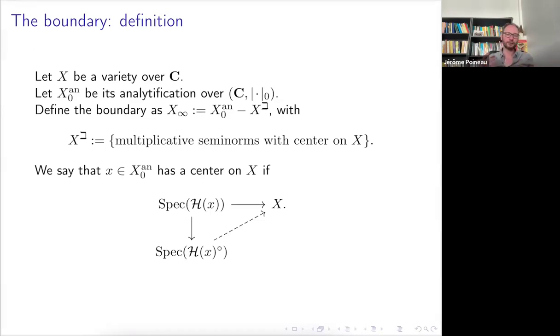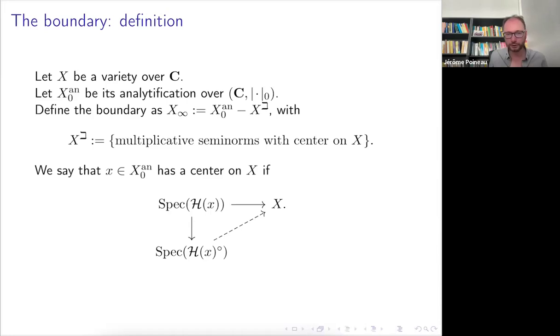Okay, so it's more or less the idea. So we look at some compactification of X, then every valuation has a center in it, but we want only to keep the valuations that do not already have a center in the variety we started with. Okay, so this is the abstract definition. So you take all valuations, remove those that already have a center.